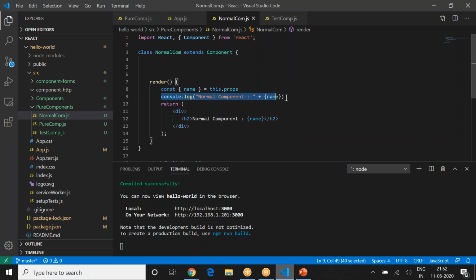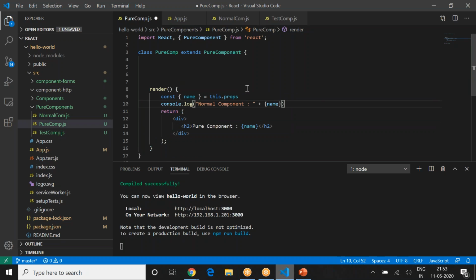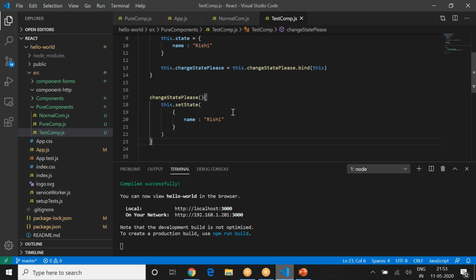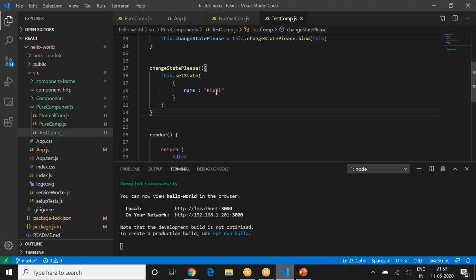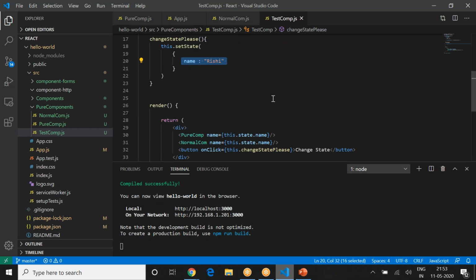I'm also doing the same stuff for pure component, and name. Cool. Okay, so now on click of this button, what should happen? The state should change and the new state is again Rishi. So we are basically not changing anything here, and we see if the change reflects in both the components. We are actually checking console.log about the render method.